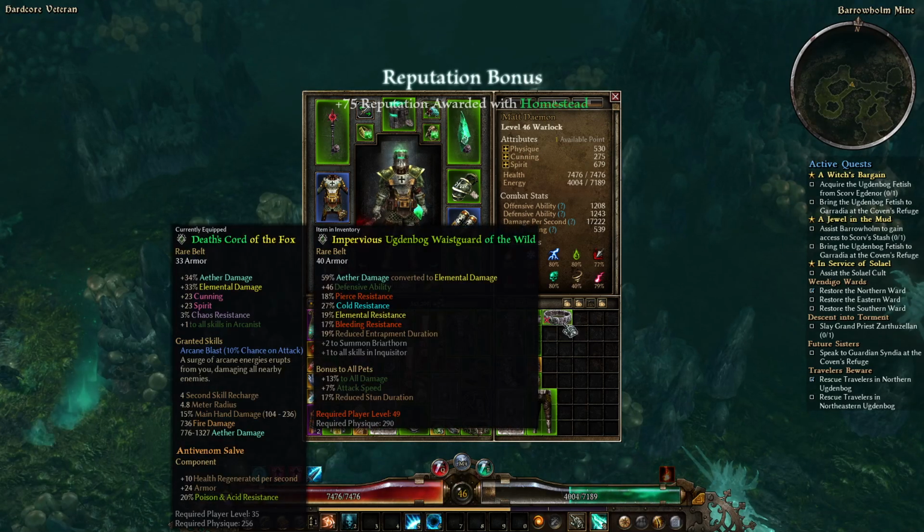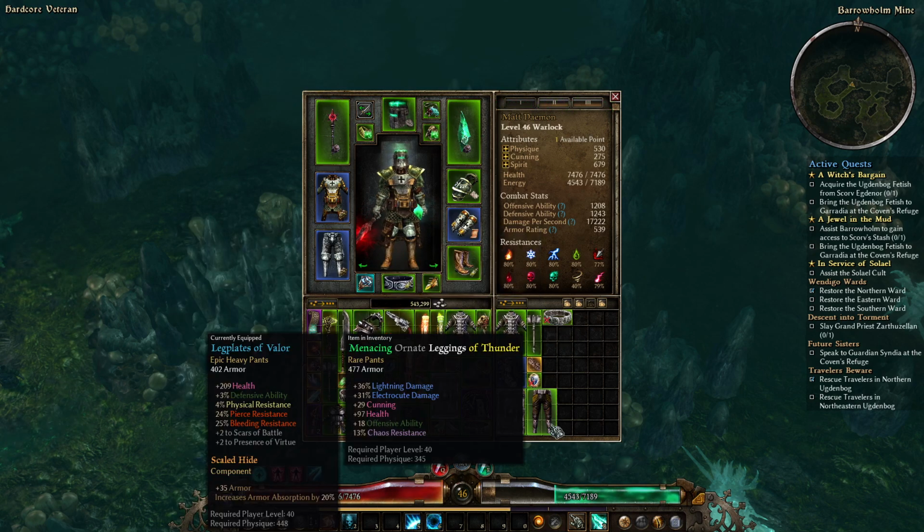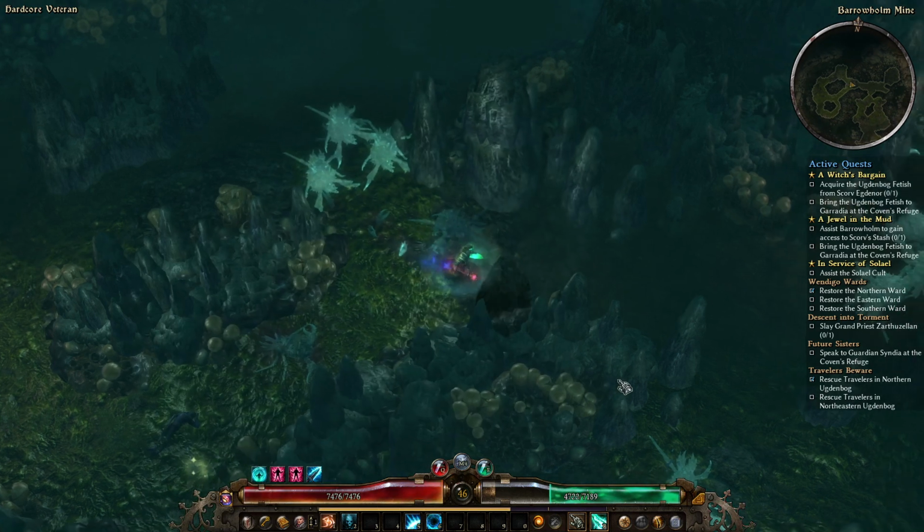What did we actually get there? So there's his belt. Impervious is really good. Of the Wild, not so great on an Inquisitor belt. And then Menacing of Thunder on the pants, which...